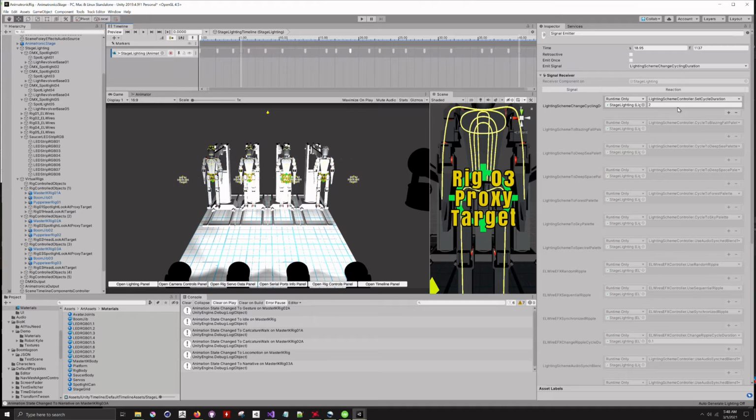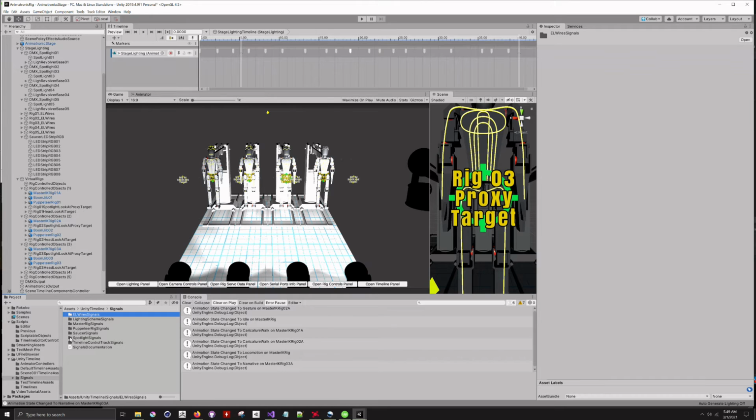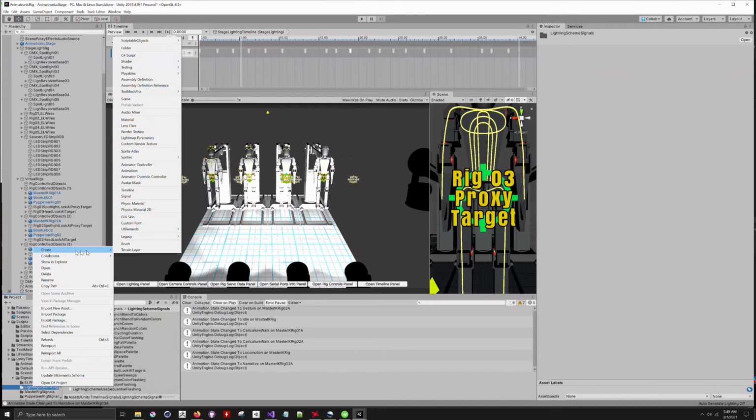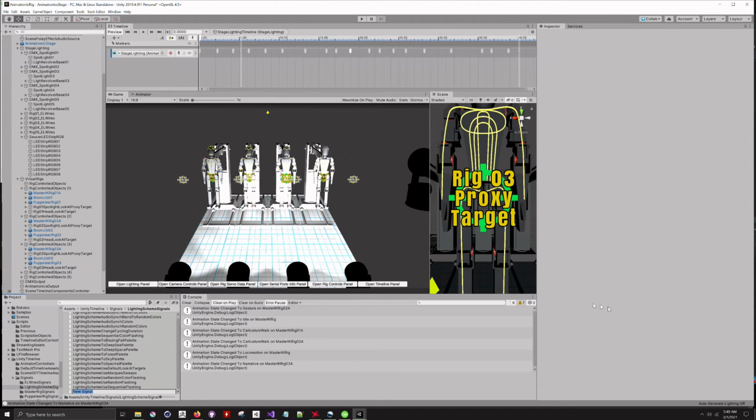Now, to alleviate this, if you like the cycling of 2, but at some place you want to do 3, you would go down here into the timeline, into the signals, and you would basically go into the lighting scheme signals, and create a new signal in there. Let's just do it here just to show you how it works. So you create a new signal, and we'll call it